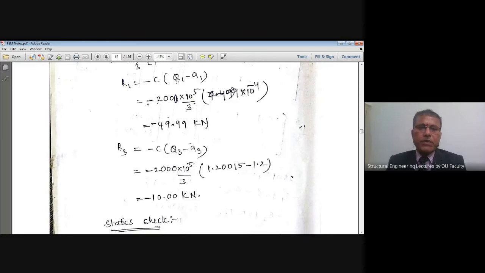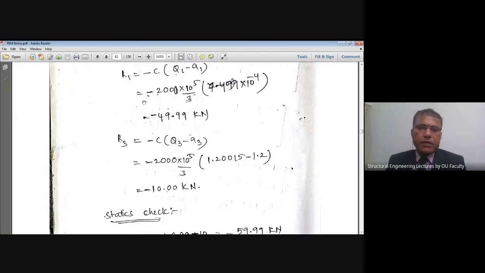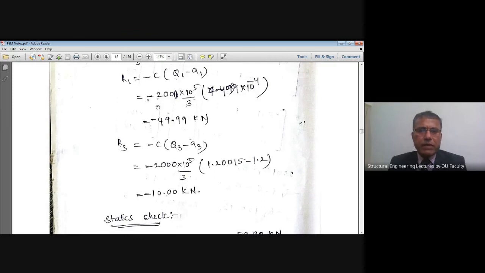Now, let us calculate the reaction forces along the specified degrees of freedom. Now, I have specified along the first degree of freedom. Therefore, what is the reaction along that degree of freedom? R1 is equal to minus C multiplied by Q1 minus A1. Substituting numeric values, though Q1 is obtained as 7.49 × 10^-4, I'm taking the same value, but originally it will not yield. It's the actual boundary condition, minus A1. From the actual structure, I have A1 specified as 0. Therefore, the small value multiplied by huge stiffness gives approximately minus 49.99, or approximately 50 kilonewton in the opposite direction.